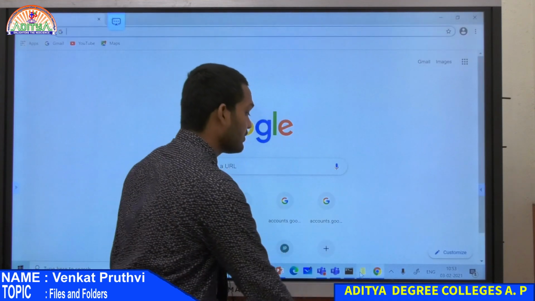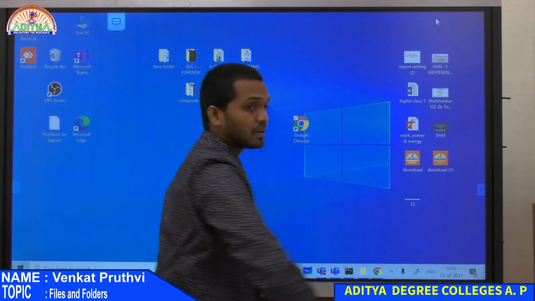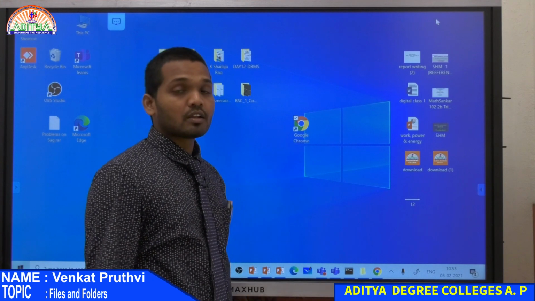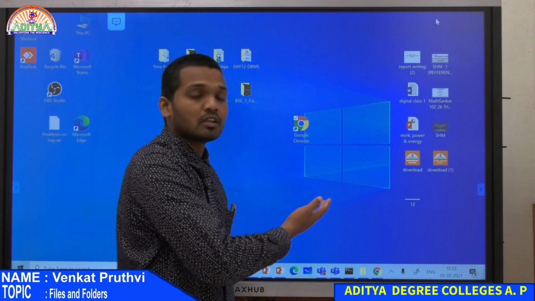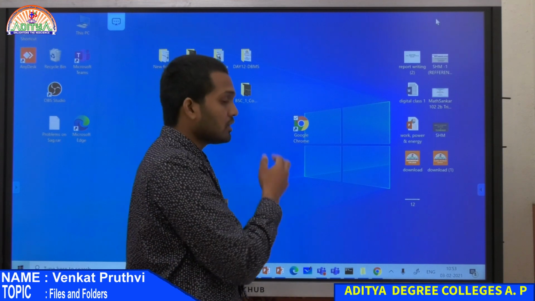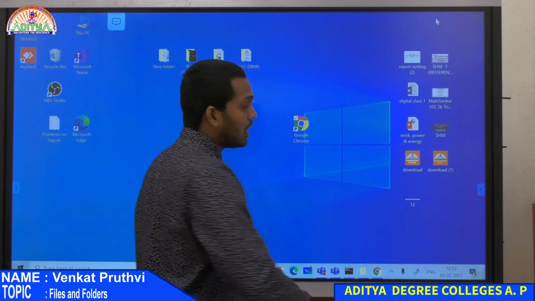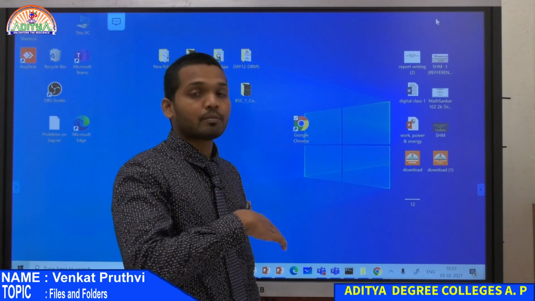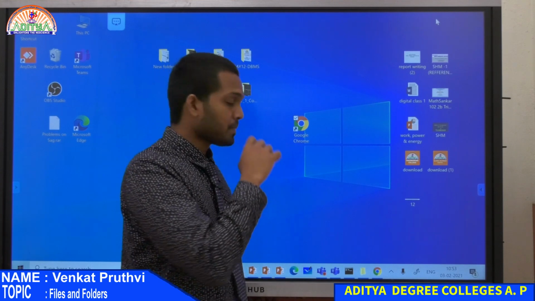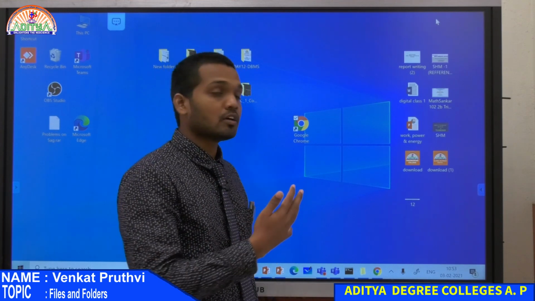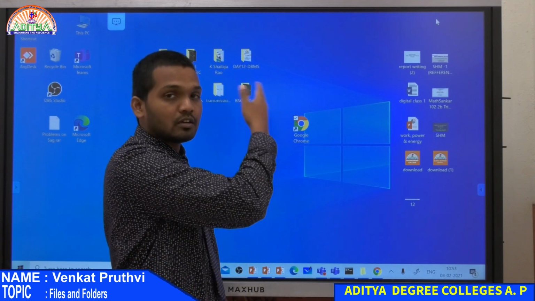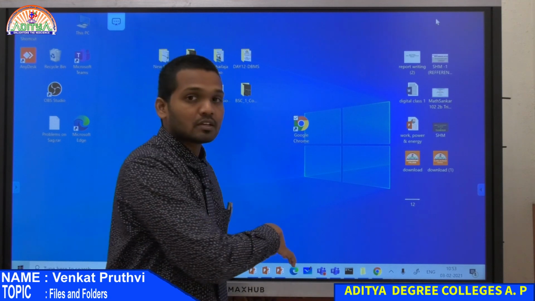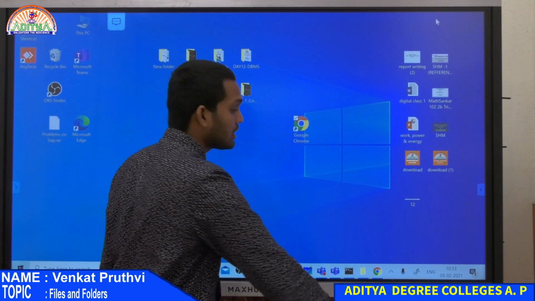Now you might wonder, why don't we install these applications directly on the desktop itself? Why should we bring a shortcut onto the desktop? If you want to install programs onto the desktop, you can do it directly. But the problem is, how many folders or files will you install on the desktop? It becomes an overburden for the desktop to load whenever your operating system is loading, because all your core files are in the C drive, and whenever the desktop is loading, it needs to load with your basic requirements. It shouldn't be overloaded with the other program files.